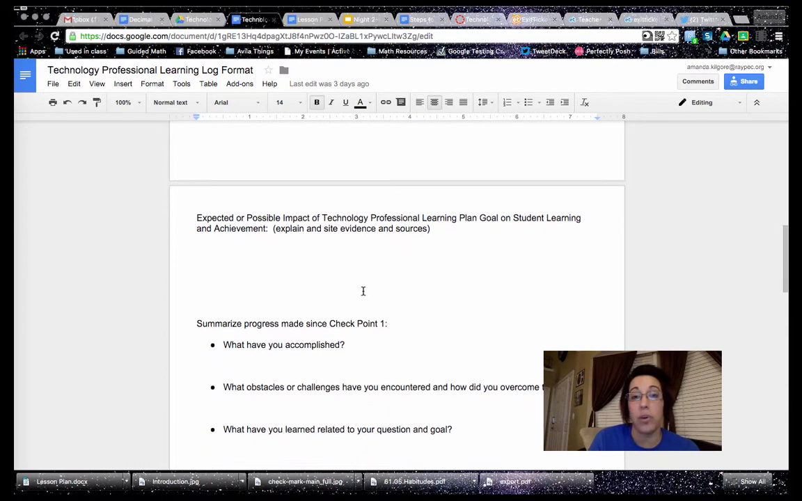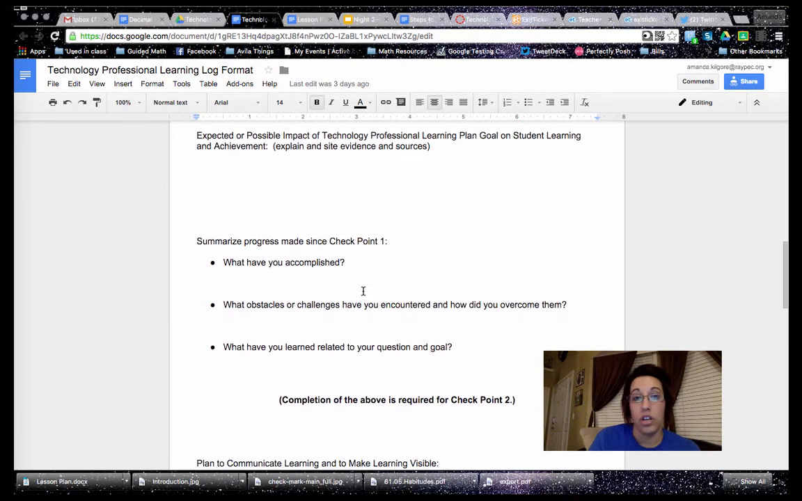Now, for checkpoint 2, you're going to have to explain the impact that this is having, cite evidence and sources. This is where you can start recording. You can put all of your research in this log so that I can see the progress you're making and what you're doing. At the end